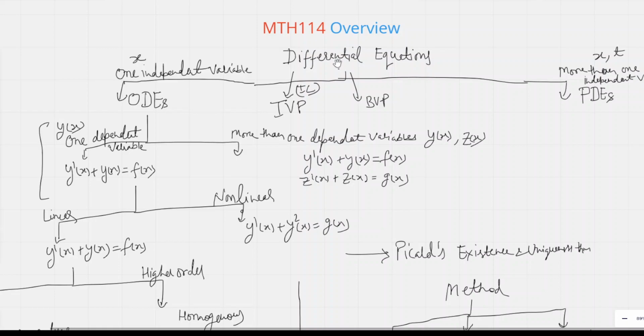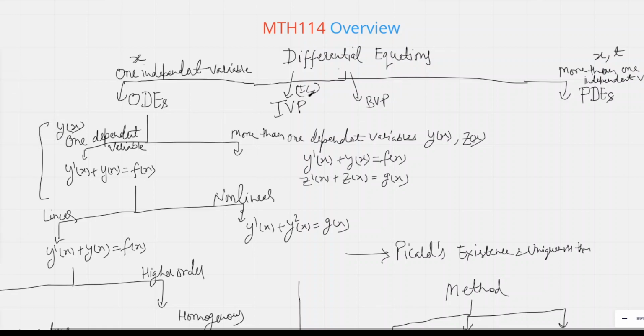If we have more than one independent variable, let's say x and t, then we have PDEs, the partial differential equations. So, if the differential equation is assigned with the initial condition, that means we have the